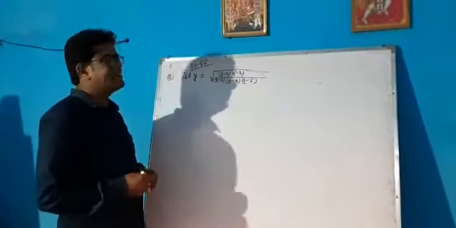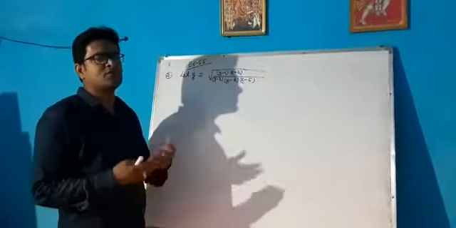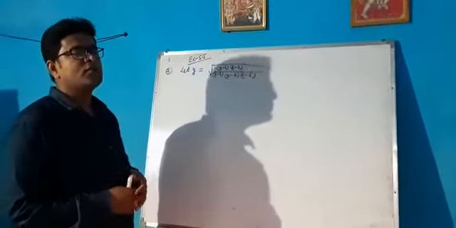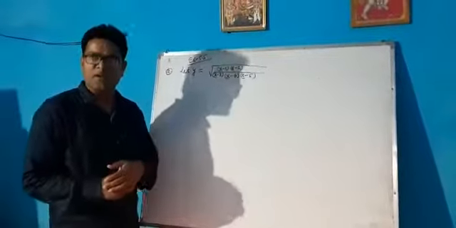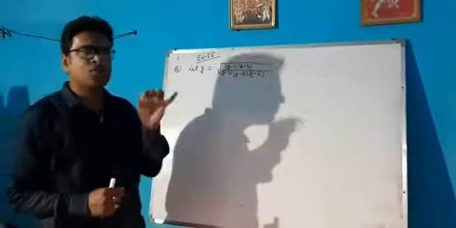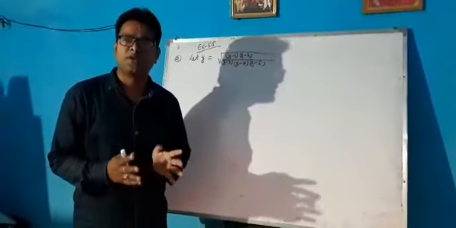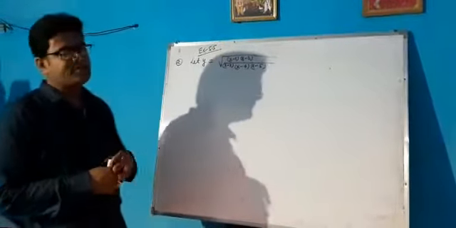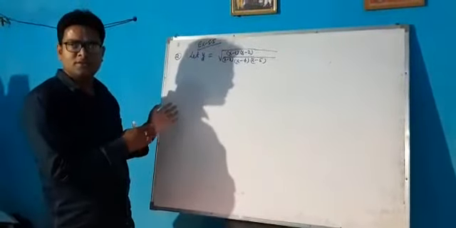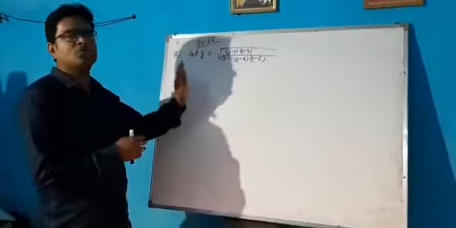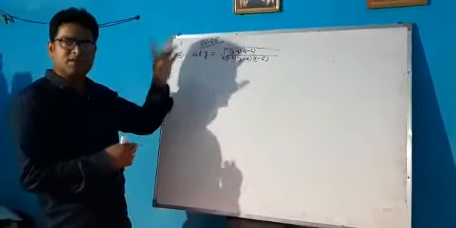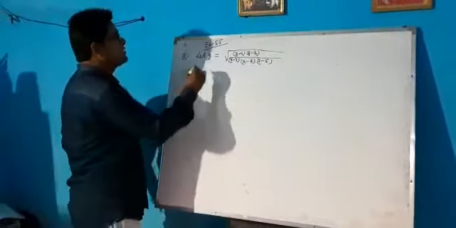Whenever you are getting questions on square roots, cube roots, etc., first of all your basic concept should be clear. Derivative of root x is 1 by 2 root x. Simply, you should know it. Derivative of cube root you can also find. So apply the basic rule, the standard derivatives, here.